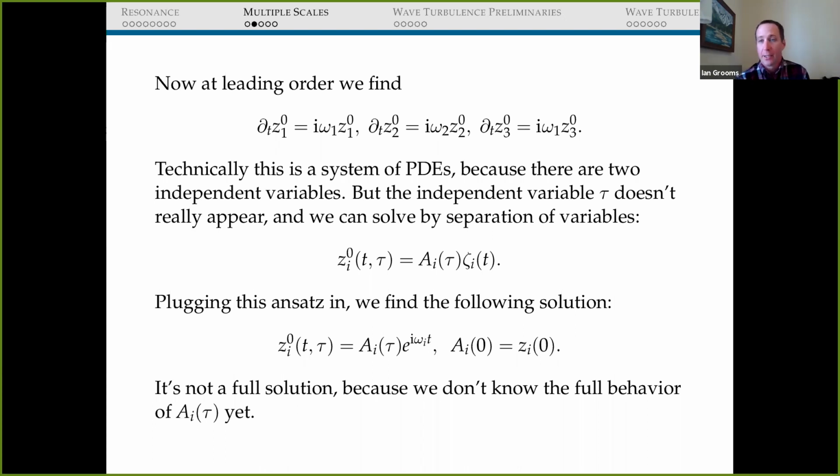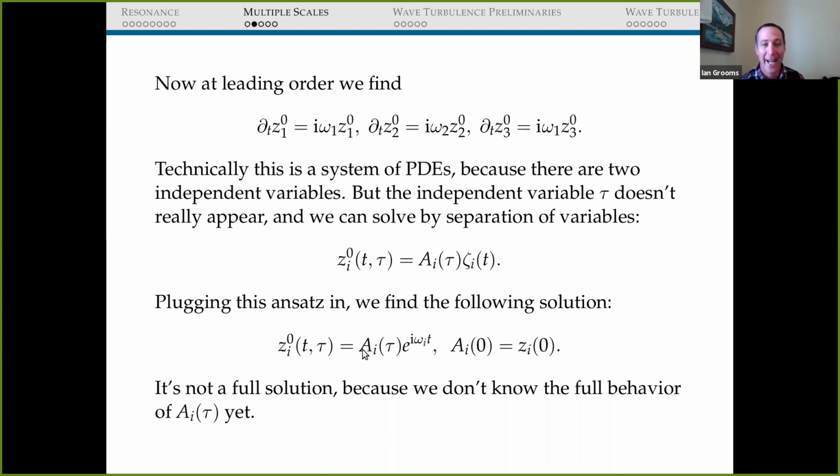Once again, at leading order, the order 1 part of the equations is just a system of linear unforced oscillators. But now these are partial derivatives. Technically, this is a system of PDEs, even though tau doesn't appear anywhere. All right, so we can actually solve it exactly the same way that we would solve it before, but in a sense, we're using separation of variables to solve this system of PDEs where the independent coordinate tau doesn't show up. But anyway, we get our leading order solution